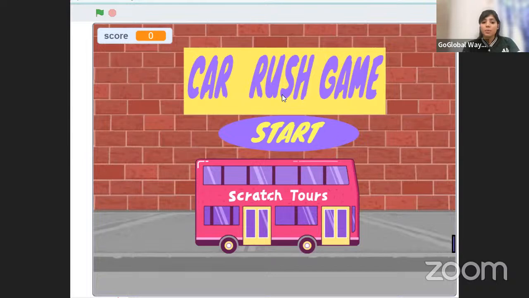Okay, so in this game, what we want is that we want one vehicle because of course we are making car rush game, and there is one tagline I made: car rush game start. So with this topic, we are going to learn about animations, we are going to learn about motion blocks, sound blocks, forever, conditional statements, everything I used here. And I made this game so simple so that every kid can use it properly. What the game is, I have the score system also. So when I start the game,